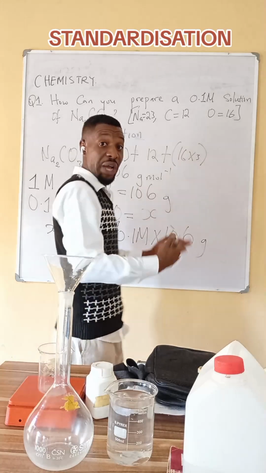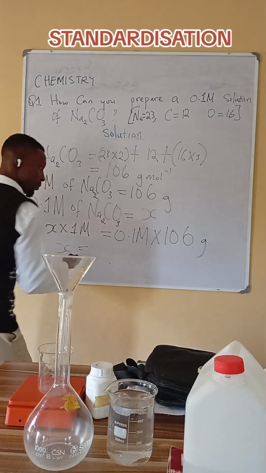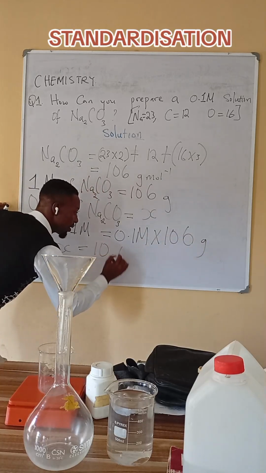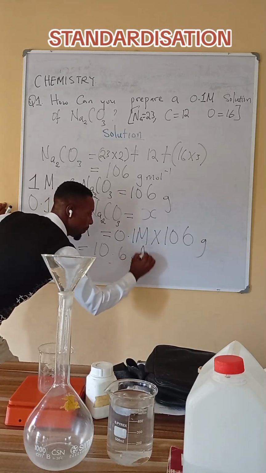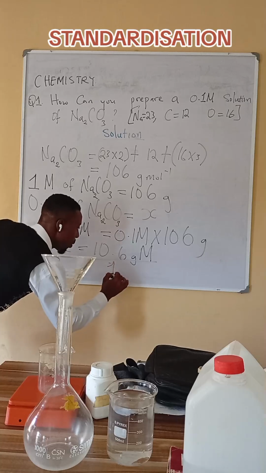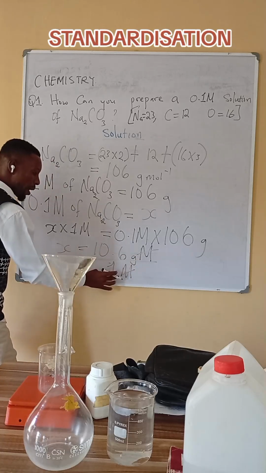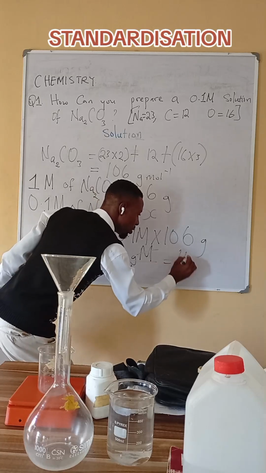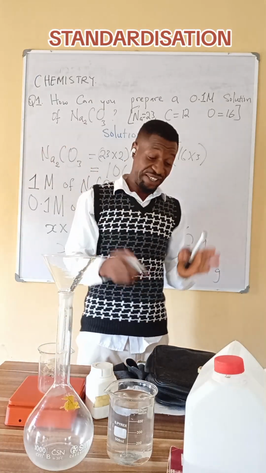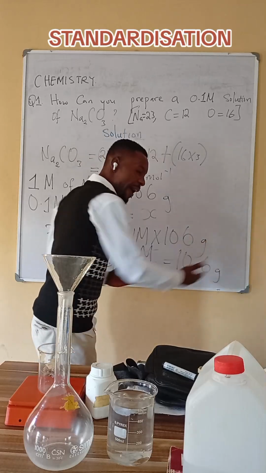If you work out what you have on the board here, X will be equal to 0.1 molar times 106 grams, which will give you 10.6 grams molar, divided by 1 molar. Molar and molar will cancel. So 10.6 grams divided by 1 will give you 10.6 grams. What this means is that you're going to go to the lab now and weigh 10.6 grams of